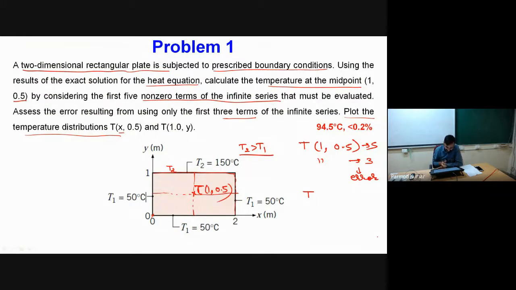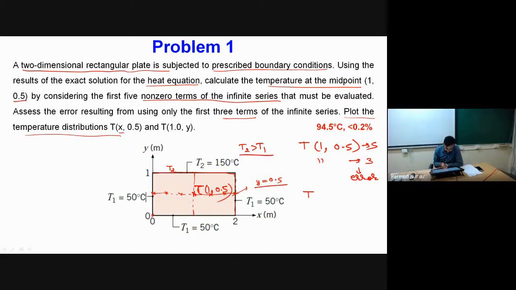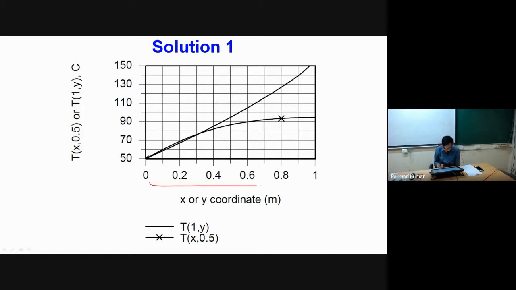The second part of the question says you have to plot temperature along this entire plane and along this plane, these two planes. So can you tell me for this entire plane how I can find out temperature? What do I have to do? Everywhere my y value is equal to 0.5 and x is equal to something. x, I have to vary for 3-4 points. Okay. So if I calculate the value of temperature at 3-4 points, can I plot this as x versus T? Can I plot it?